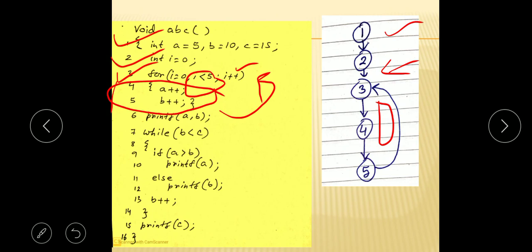Okay, so after getting the body, whenever it will check first whether the value of i is less than 5 or not. If it is not satisfied, that means if it is false, then directly it will go from 3 to 6, that is the end of the loop. Okay, so 3 to 6